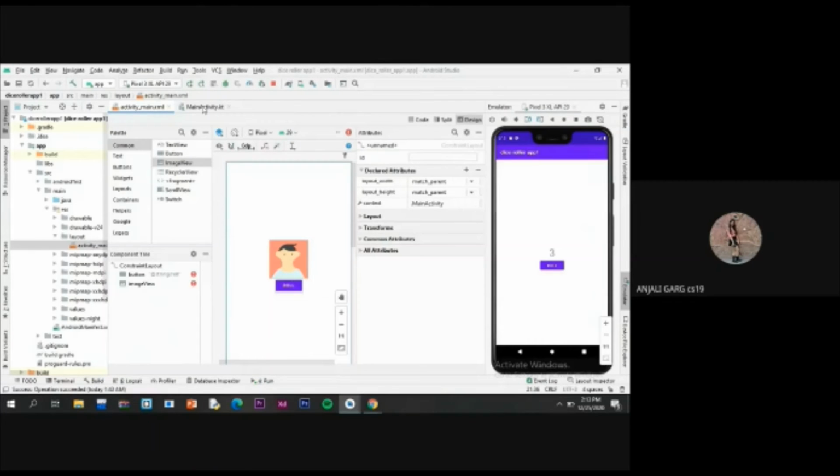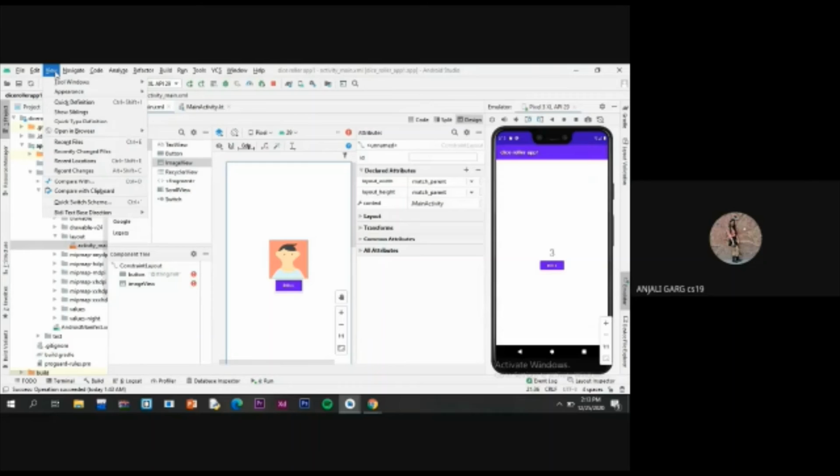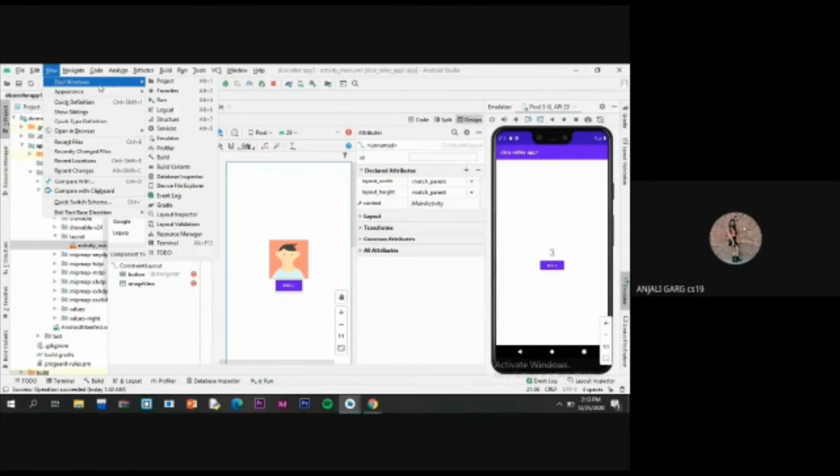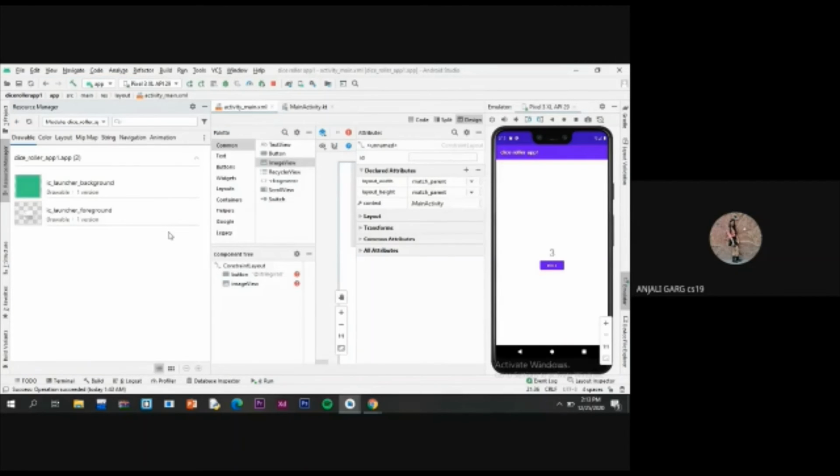Now we have to add the image. For that, go to View, go to Tool Windows, and then go to Resource Manager. Now we have to import our image from our laptop memory.